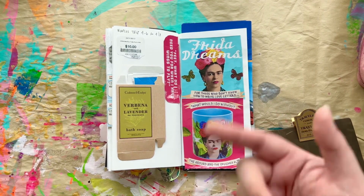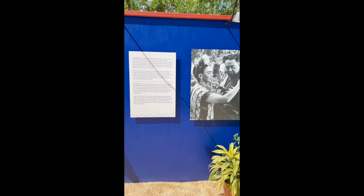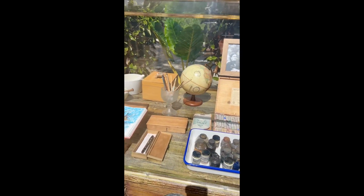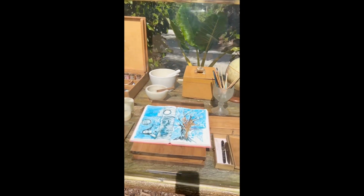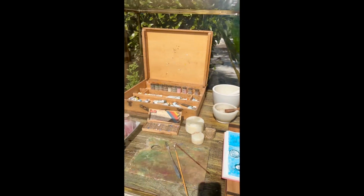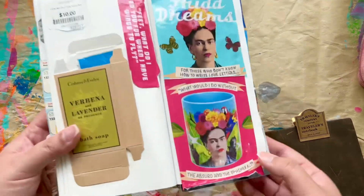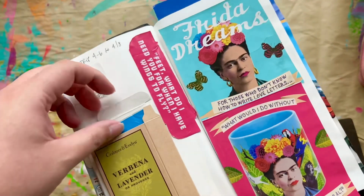And I might put some footage in here so you can see all the plants that she had and that she grew, and pictures of her with her animals. It was great. And they also had her desk and some of her tools laid out. It was really cool. So I bought a cup from the gift shop,